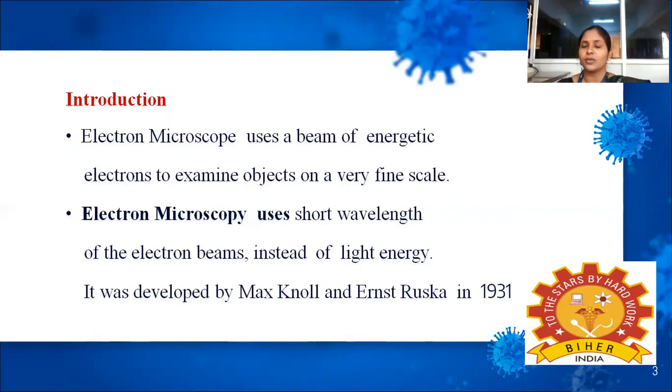The main difference between the electron microscope and the light microscope is that a light microscope uses light as the source of energy and electron microscope uses electrons as a source of energy. Light has a longer wavelength and hence a very short penetrating power. Electrons have a shorter wavelength and a high penetration power. This makes it very significant, and these electrons are able to penetrate deeper inside the cells and reveal the structure and morphology, even the internal structures of the bacteria and the viruses.